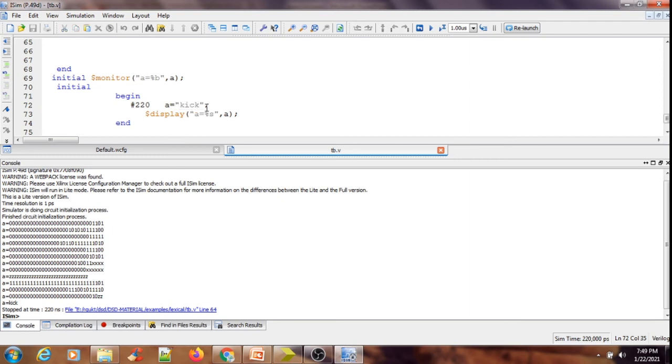Of course, I have treated A as a 32-bit register. So you can see here like kick, each and every ASCII value of k is being written here in this manner, like 10011101011 for k. In this manner A is holding the ASCII value of kick.